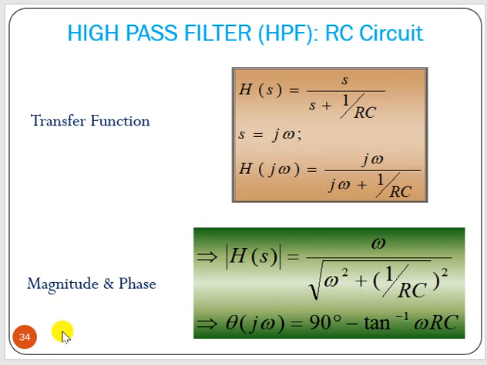And what happened to phase? Now here this is omega. There is a j omega term in the numerator, so this will contribute 90 degrees. So the phase is 90 degree minus tan inverse of omega RC value, because we have the j omega term. In low pass filter we don't have that term here; we have only the omega c term, that is the cutoff frequency. There is no s, so there is only minus tan inverse term, not 90 degree minus that.